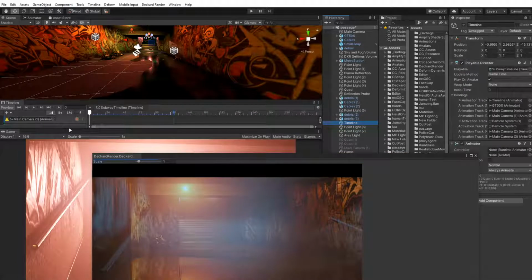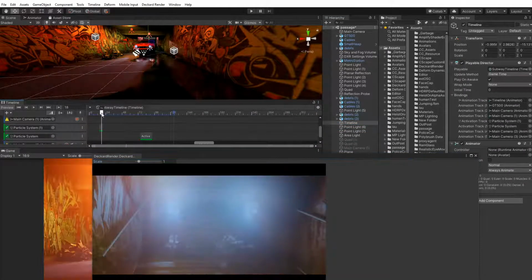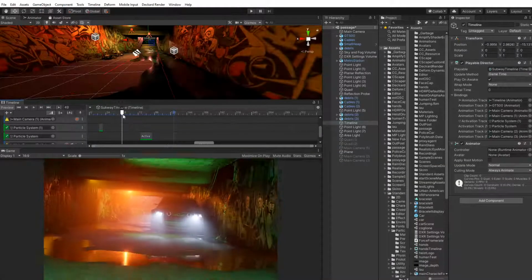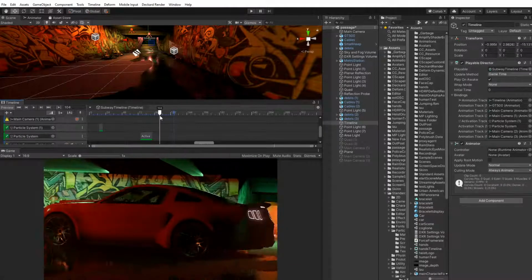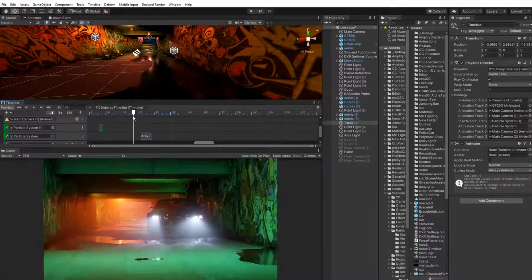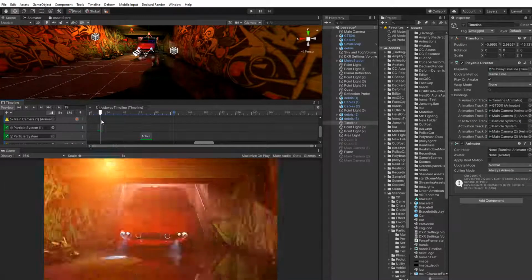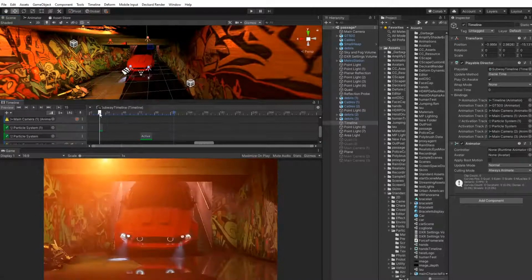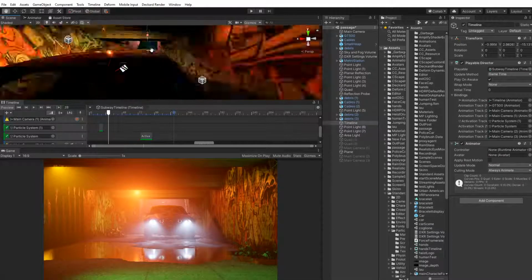Go to timeline and set it. As you probably remember, if you saw yesterday how I worked, I didn't refine this water on the floor, and I will be doing it right now. So